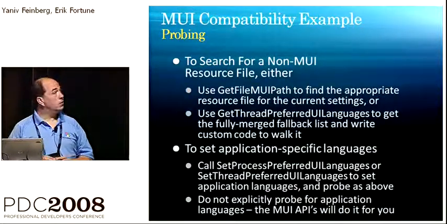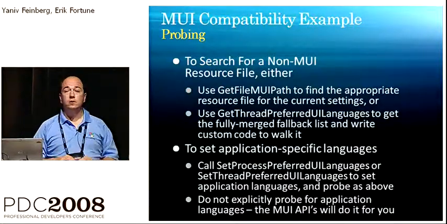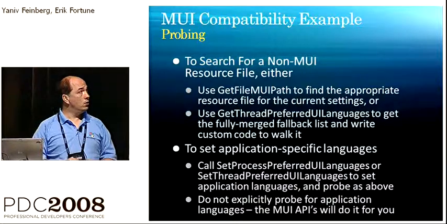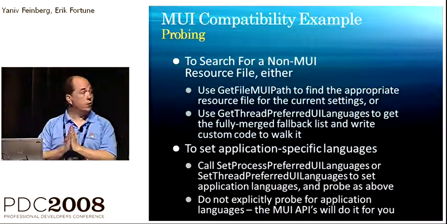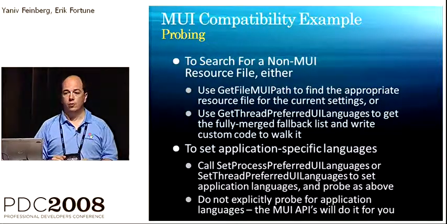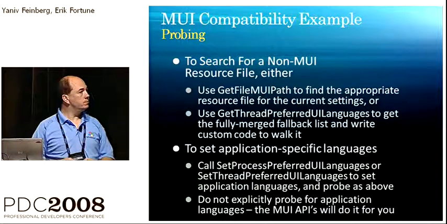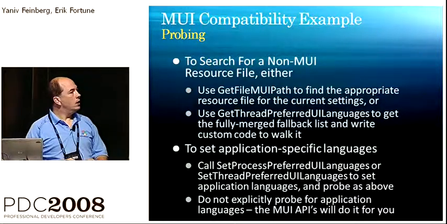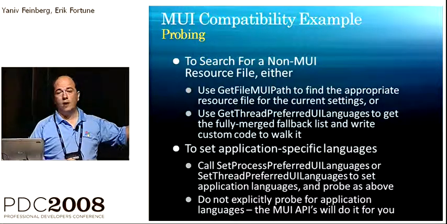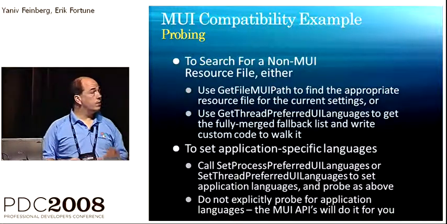And then the other technique for making your applications MUI compatible or compliant is to do your own probing. And so we have a couple of helper functions to do that. The first is GetFileMUIPath. GetFileMUIPath allows you to pass the name of a file you're looking for, and we will search for that file using the fallback list that I described earlier under the current directory, or I think under a path you pass in. And so that's a very easy way to find it if you have XML files or some other external form of files. We'll just do all the probing work for you. If that doesn't work, then you need